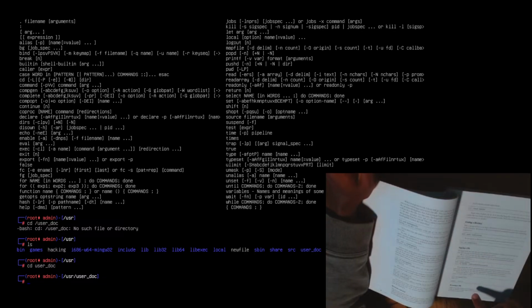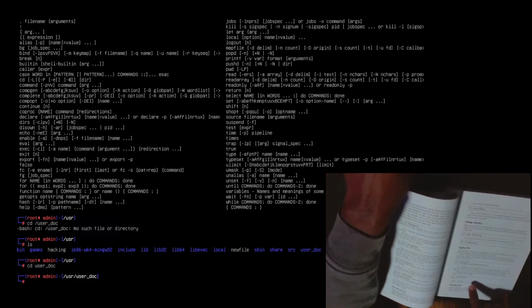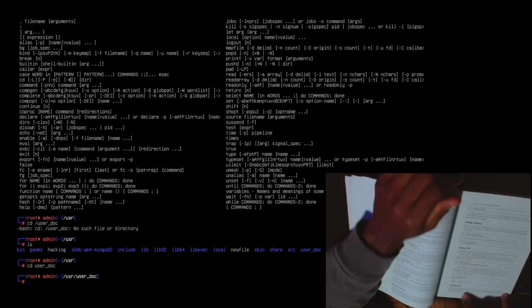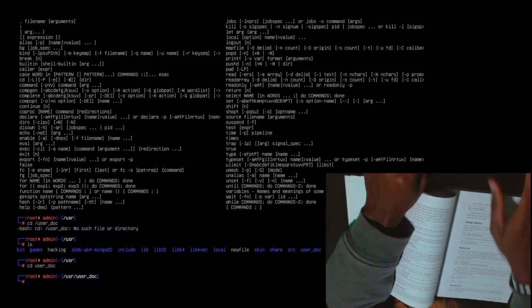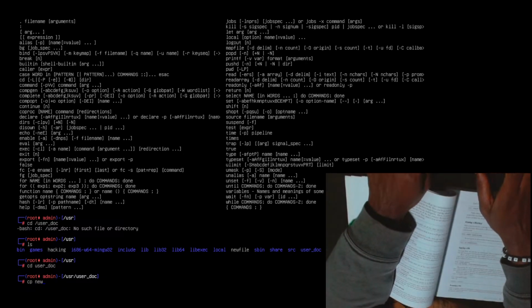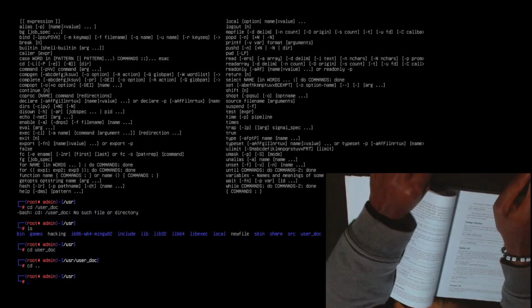But I got new file. I created new file, so I'm gonna take that new file and put it in here instead of creating a new one. Okay, so let's go back. Okay, that's good. So cp new file